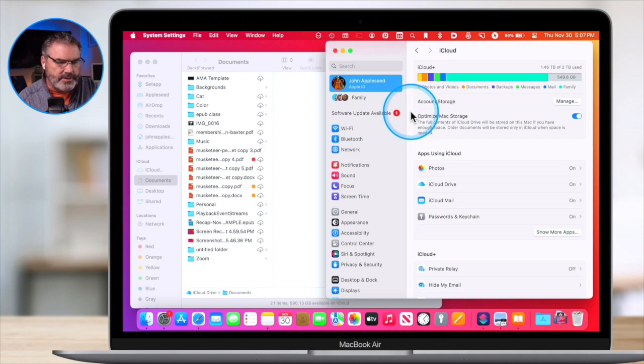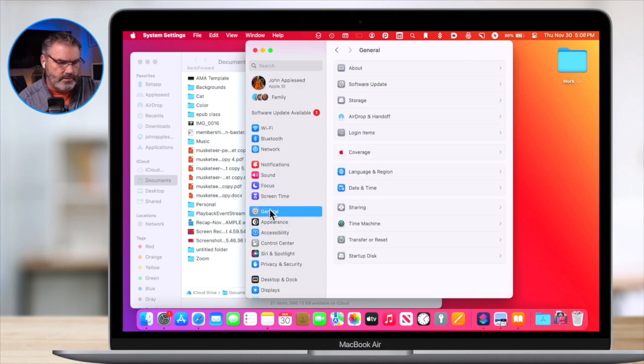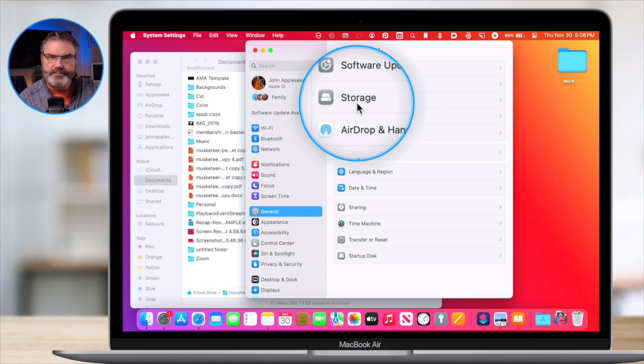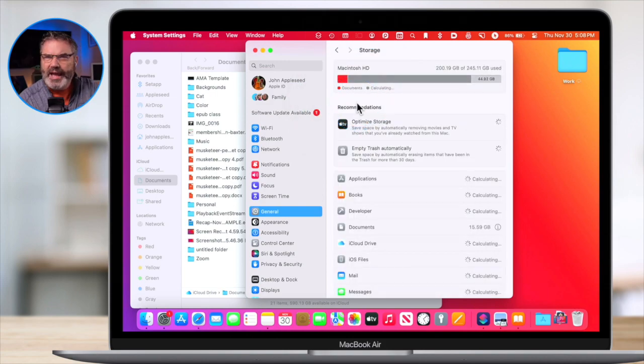Well, basically, when you go over to your system settings, I'm using macOS Sonoma, I believe it's under General, you're going to see Storage here. And when you go to Storage, what the Mac will do is analyze what is going on.